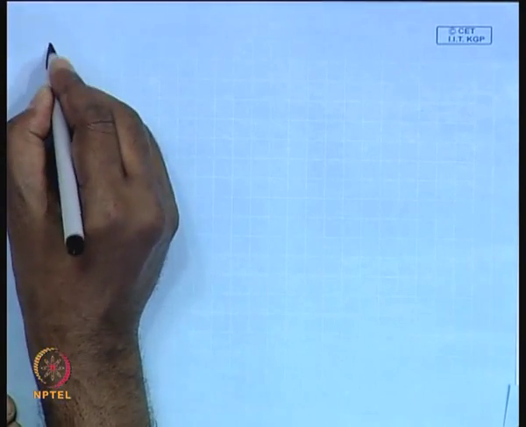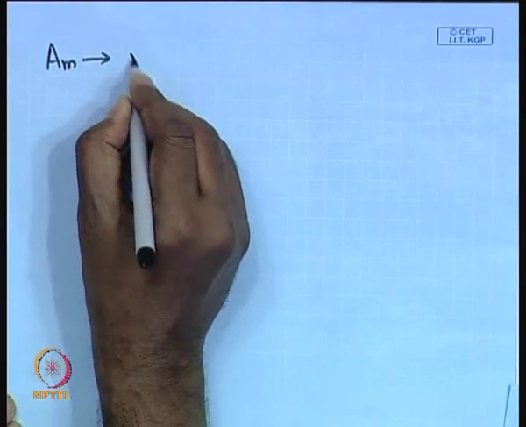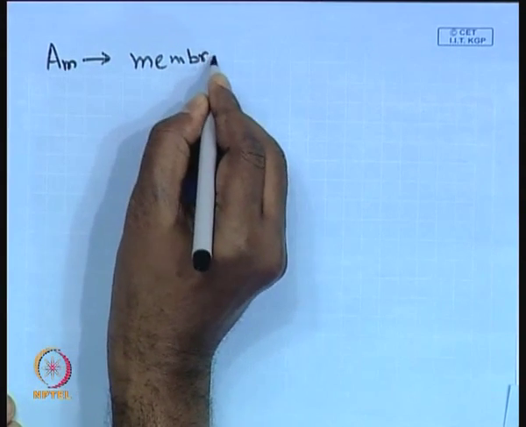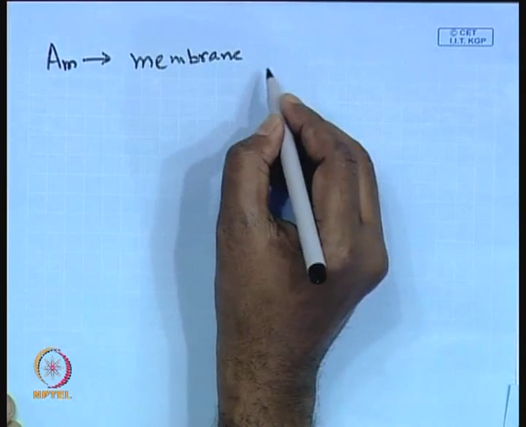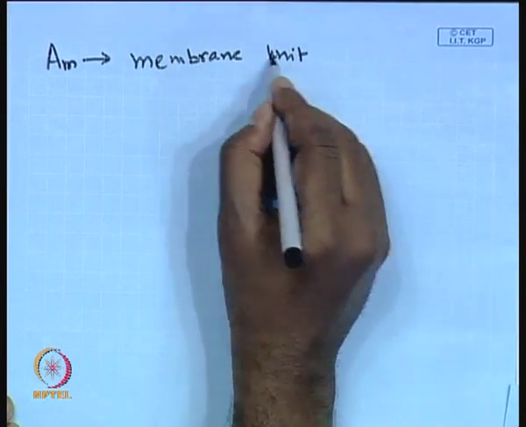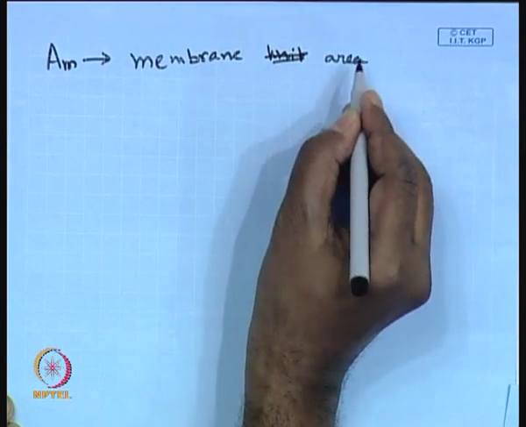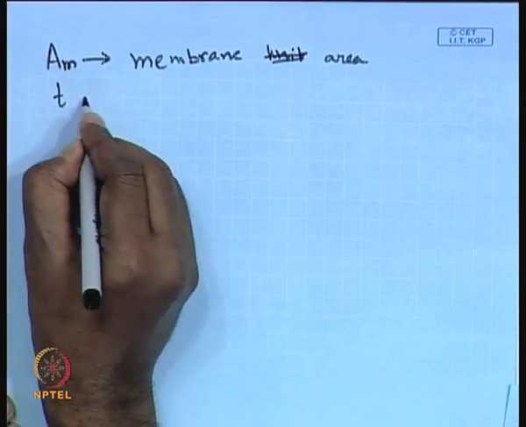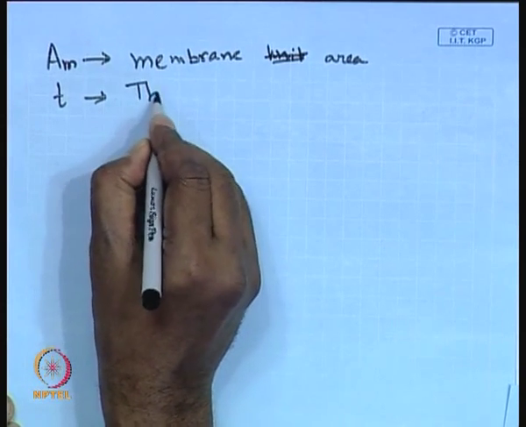Am is the membrane area with a suitable unit, that we will discuss later on whenever we will be solving some of the problems. Membrane area. T is the thickness of the membrane,